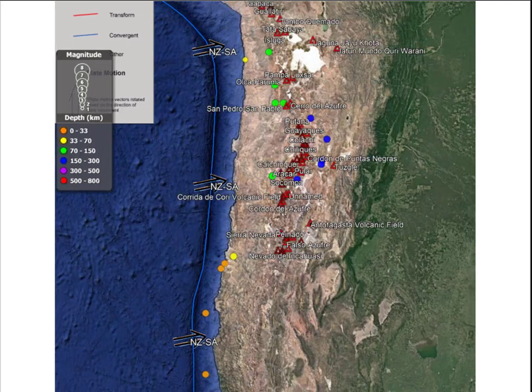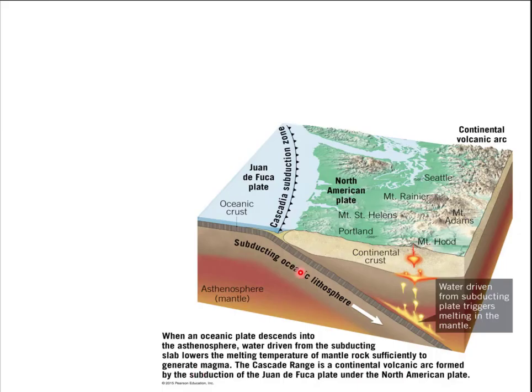And then also, I can kick in some volcanoes here, from that subducting plate melting and that magma rising up through the crust. We don't need to go all the way down to South America to see this, though. We can go over to our Pacific Northwest, Portland, Seattle, up here in the northwestern portion of the United States, where you got a little tiny plate out there, the Juan de Fuca plate, getting pushed underneath North America. You're going to get earthquakes down like this, and then eventually you'll get melting and, of course,